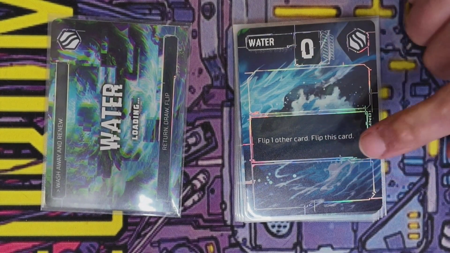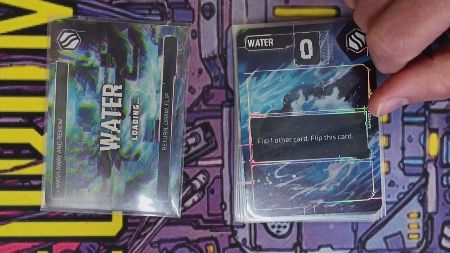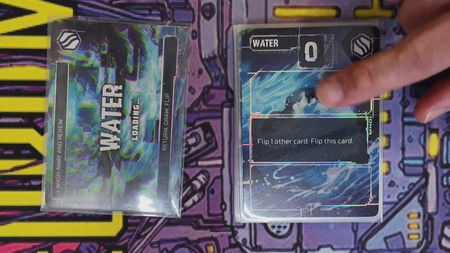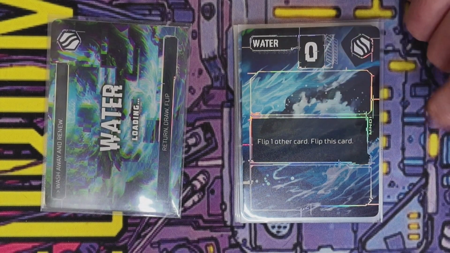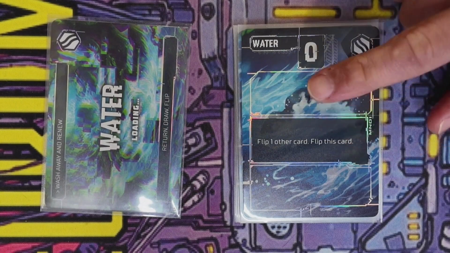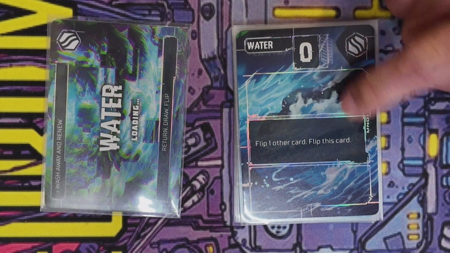Flip 1 other card, flip this card. Of course, we're always talking about uncovered cards with this one. So this card is worth 2 when you play it, at least. So that's pretty cool. And that does kind of synergize with another card. So you'll be able to flip some of your other cards or flip your opponent's cards. It depends. This one, I think, the usefulness of it really depends on what your other protocols are, more so